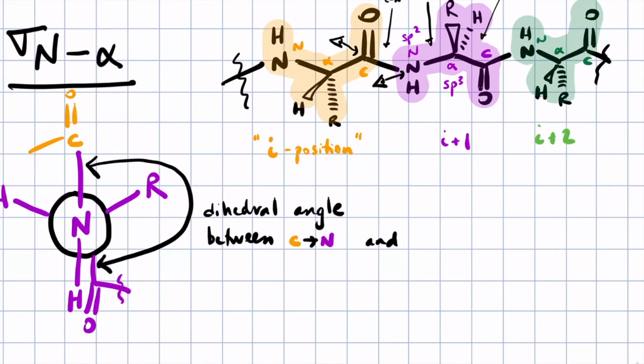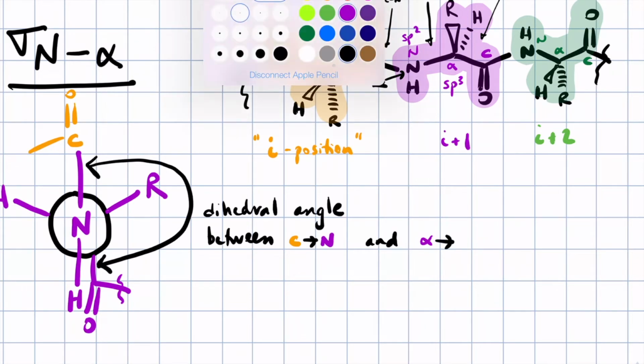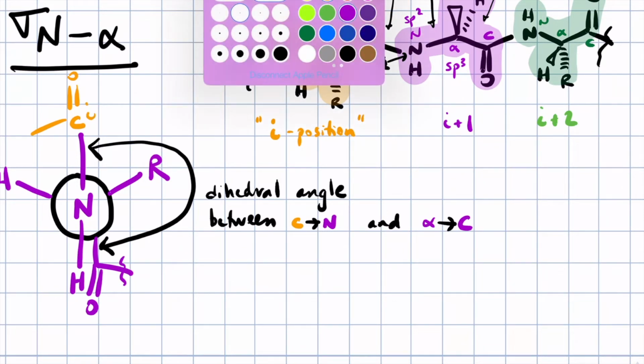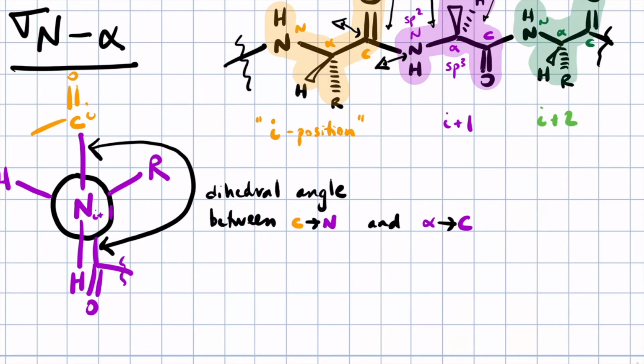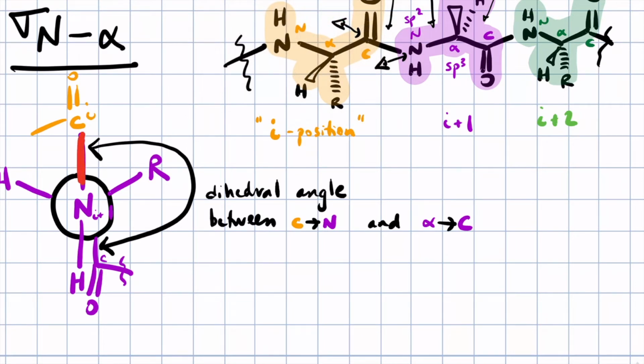And then in the back, it's going to be the bond between the alpha carbon in purple and the carbonyl carbon in purple. All right. So this is the I position amide nitrogen, or carbonyl carbon. This is the I+1 amide nitrogen, the I+1 alpha carbon, the I+1 carbonyl carbon. All right, and we're looking at the dihedral angle between this bond, highlighted in red, and this bond. We're going to give that dihedral angle a name. It's going to have the name of the Greek letter phi,